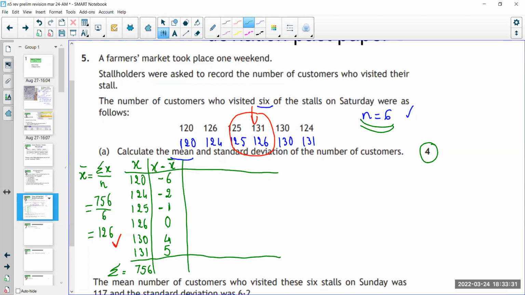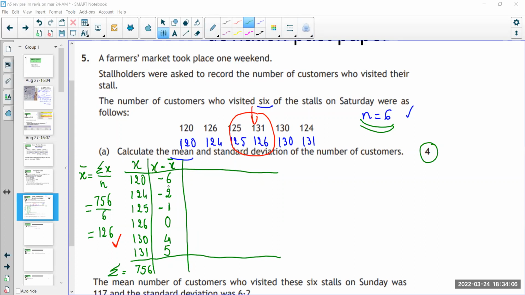Now you may say to me, why did you put them with the negative? So I'm going to give you another tip here. And this is probably a very good tip to have, because it will confirm that so far everything you've got is okay. What happens if you do the sum of all your deviation from the mean? What happens if you sum that column? What do you get? How much do you get